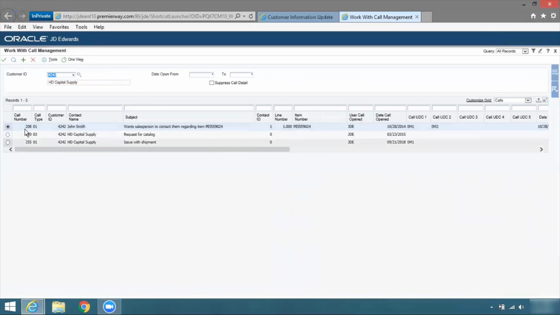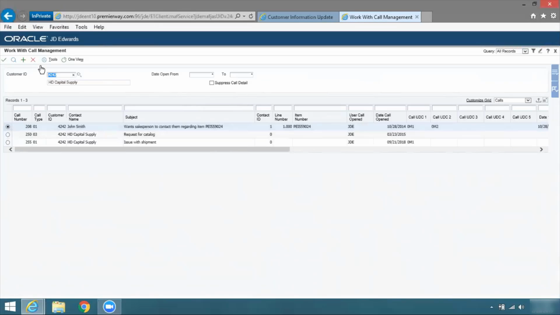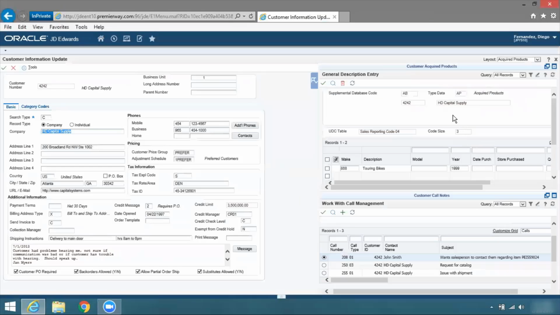So within here, if I go ahead and click on one of those calls, select them, I can see some various information about this call. So this same customer that I'm working with right now wants the salesperson to contact them. This was an actual logging of a previous call for this customer. Now, it's just a way to track some information. If I cancel out of here, I get taken back to the screen where I can see all available information